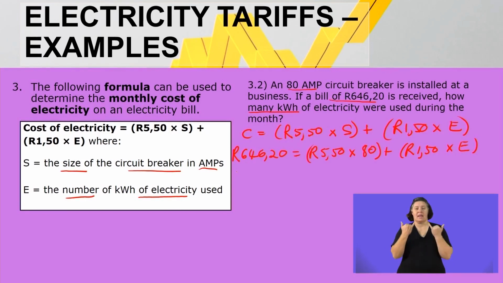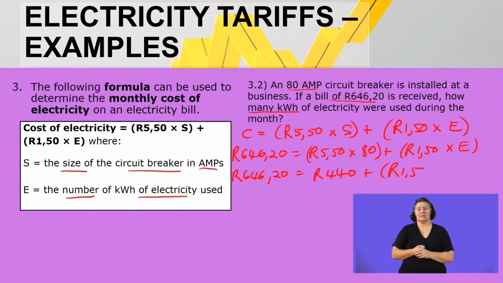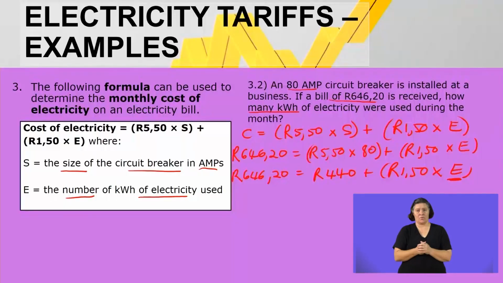So now I'm going to keep the 646 rand and 20 cents. And I'm going to simplify the values in bracket by saying 5.50 multiplied by 80. This gives us 440 rand. Plus, this I will keep exactly the same, 1.50 multiplied by E. Okay, so now I'm going to make E the subject of the formula. And I'm going to write it there at the bottom. So I'm going to keep this by saying 1.50